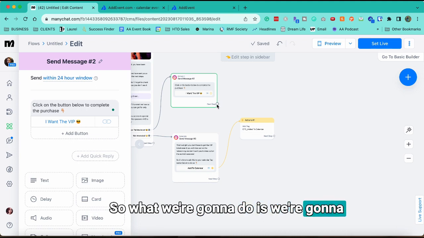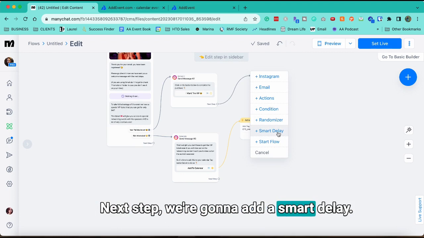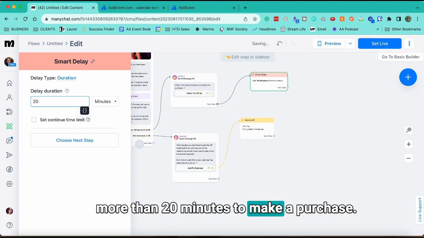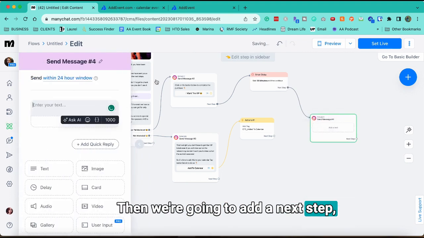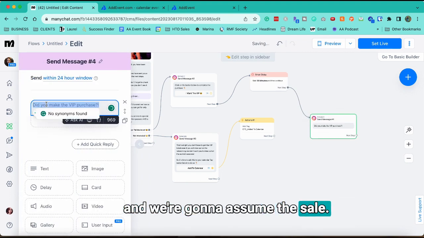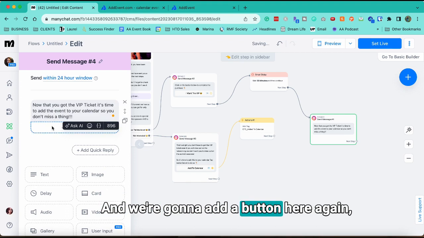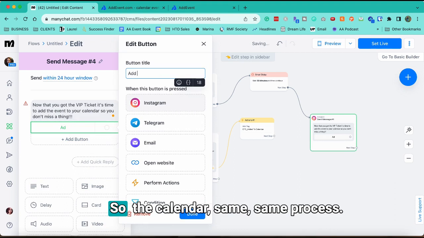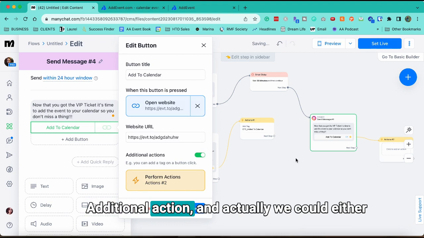So what we're going to do is we're going to click on this little bubble here that says next step. We're going to add a smart delay. We're going to say it shouldn't take people more than 20 minutes to make a purchase, so 20 minutes. Then we're going to add a next step, and we're going to assume the sale. We're going to add a button here again, because if we add the quick reply, we cannot add the link directly. So calendar, same process, additional action, and